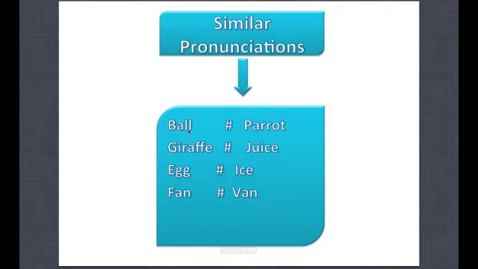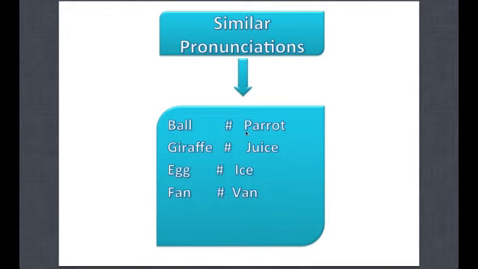For example, we have here ball and parrot. There is a very slight difference between ball, B, and P. If I say ball, I say B, ball. But if I say parrot, I say P, parrot. So here it's thick, strong, ball. But here, weak, small, parrot. So you have to pronounce it very carefully and